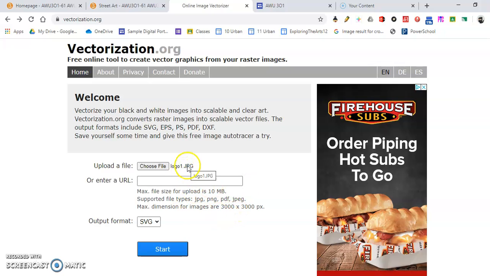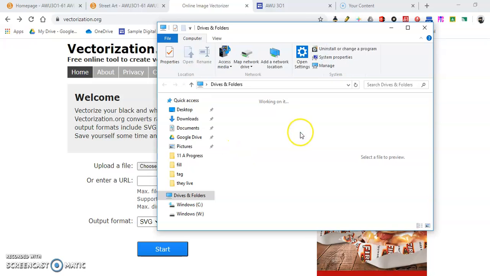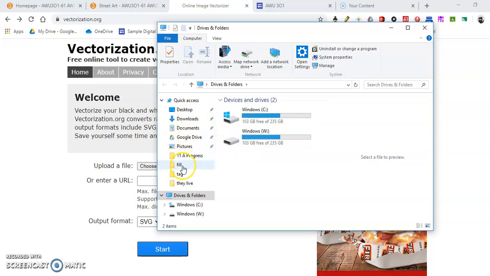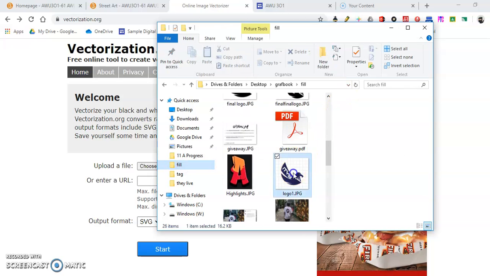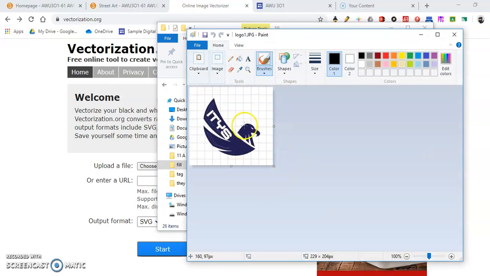So you just have to choose the file and upload it here. Of course, every time I do it when I record it, it doesn't seem to work, but I'll show you the difference. It gives me a high quality image. So the image that I started off with was this one here, and of course it has all the different lines